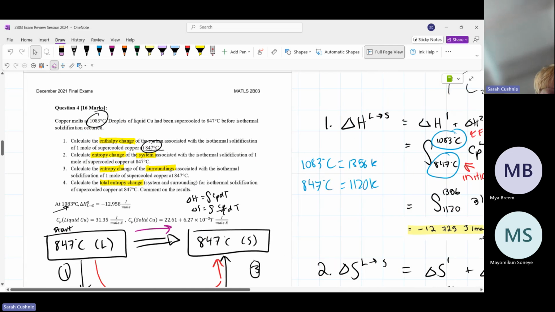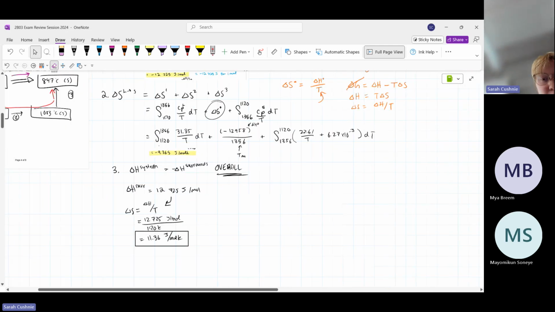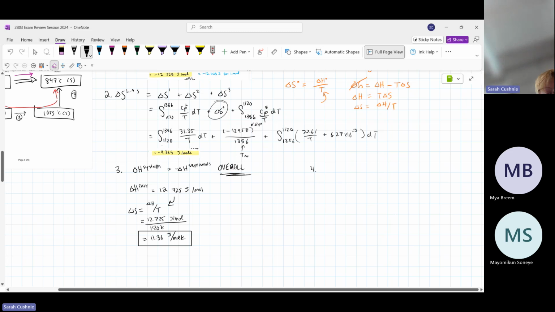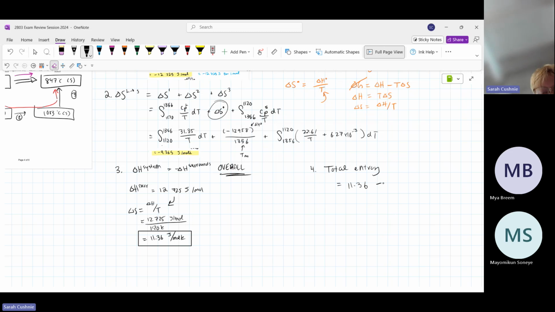And the last part of the question was the total entropy change for the system and the surroundings. So total entropy, you're just going to sum them up. Total entropy would be equal to 11.36 minus 9.365. So that's from the surroundings, which is number 3, and that's from the system, which was number 2. And you'll end up with a value of